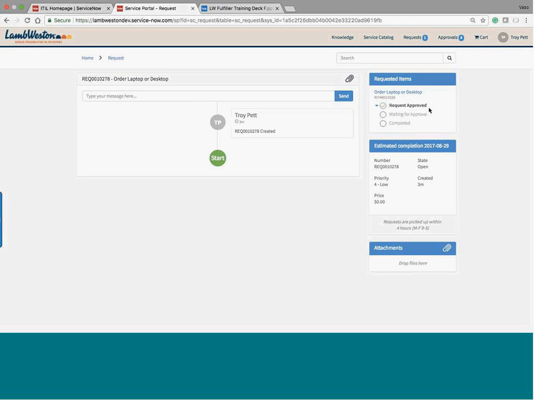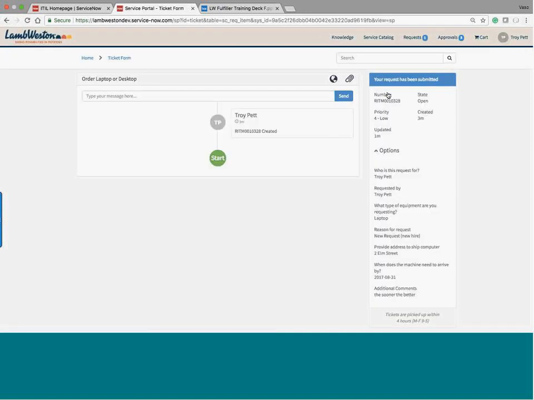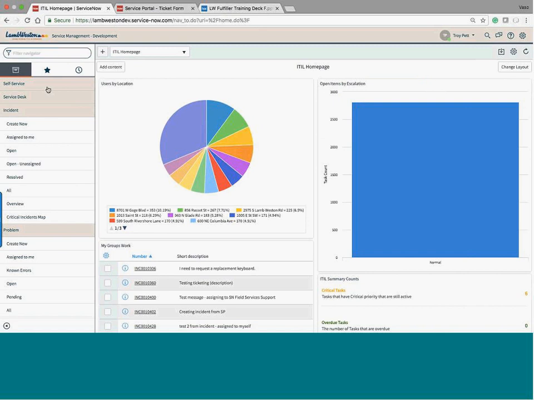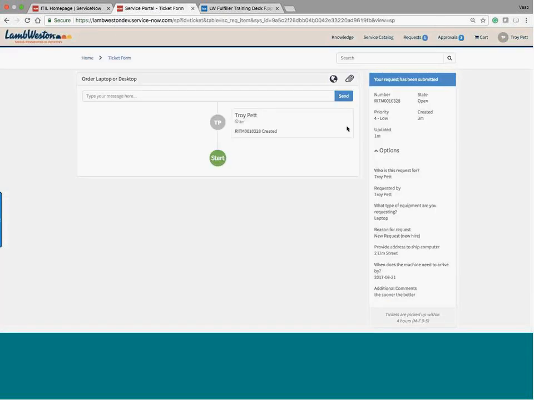But we do see that the request was approved by Teresa, so it moved along in the workflow here. Now I do click on this order laptop. Just able to see the details that we filled out in the form here. But this request has been approved. See what it looks like on the fulfiller side. So I am going to